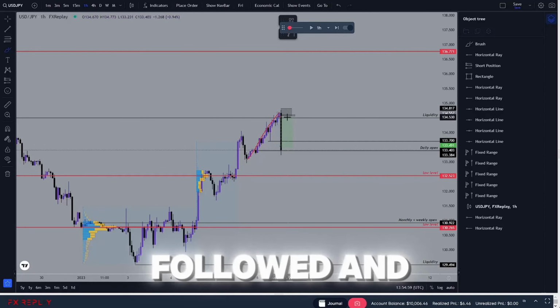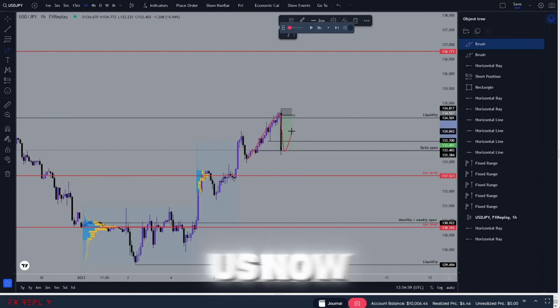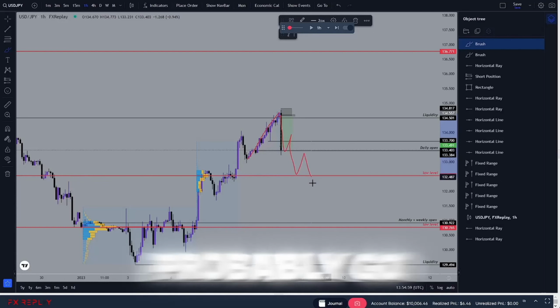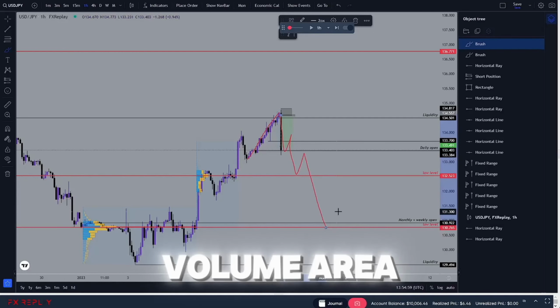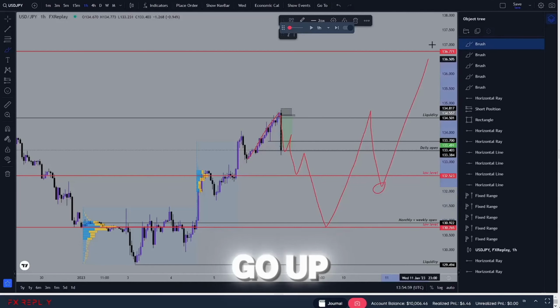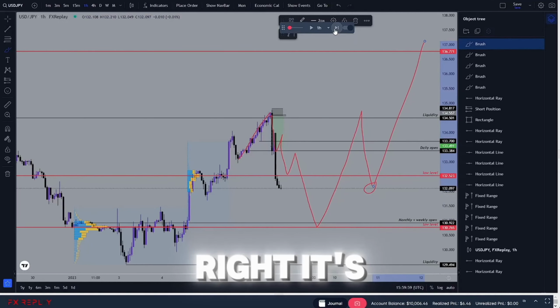It's still followed, and it's probably gonna retrace now, go to this low level, maybe go through this, retest this level, probably go down here into the volume area, big bounce away from it, goes down here, we can catch this trade here, go up here, and yeah. If I'm not right,